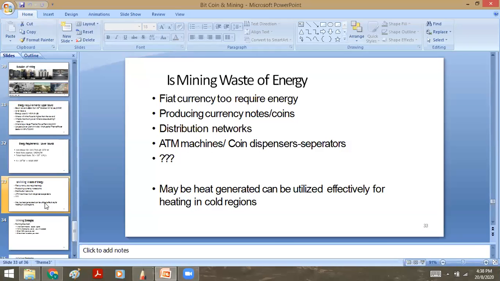That is how at least I look at it, and probably you may have your own opinions on it, but all I can tell you is Bitcoin mining is not a waste of energy. The computation power and the power consumed is the asset which is backing the currency. And of course, over a period of time, the mining infrastructure is becoming more efficient and less power consuming, so that mining becomes eco-friendly. So this is with respect to mining.